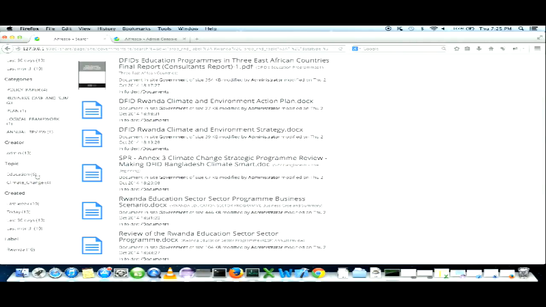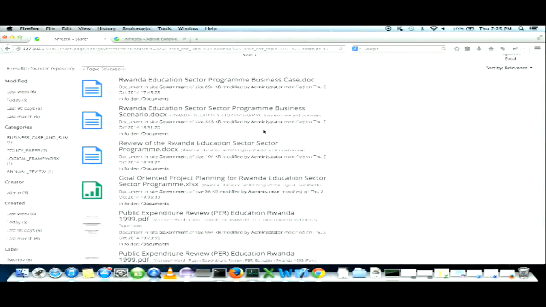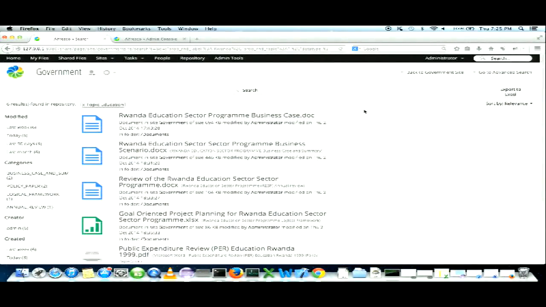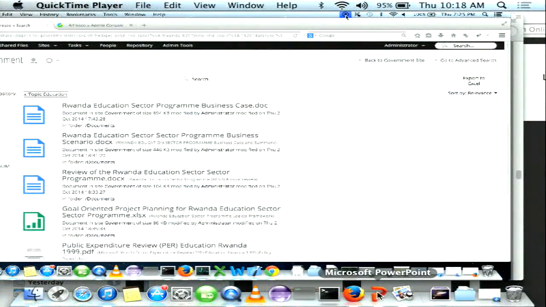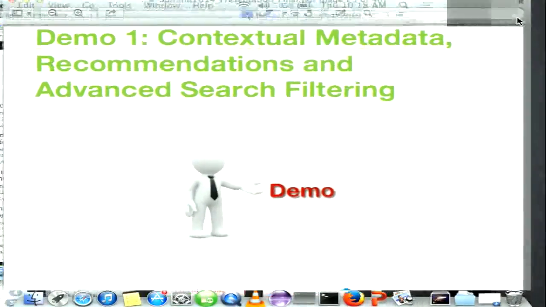And also with faceted search we can further filter these results with topics. So basically we are saying, okay, in Rwanda we have done both education and climate change projects. Which one are you interested in? So if you say education, then only the education results will be shown. So in this way, if you have a huge document collection, you can filter out only what is relevant to your need very quickly. So these are the end user features. So we'll go back to the presentation.